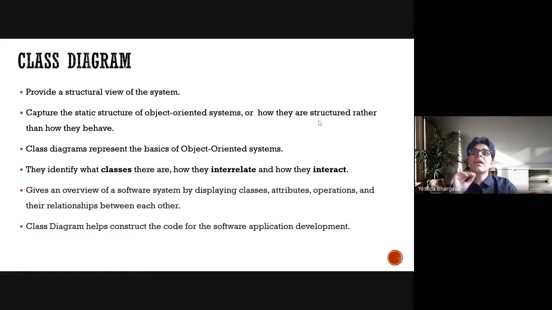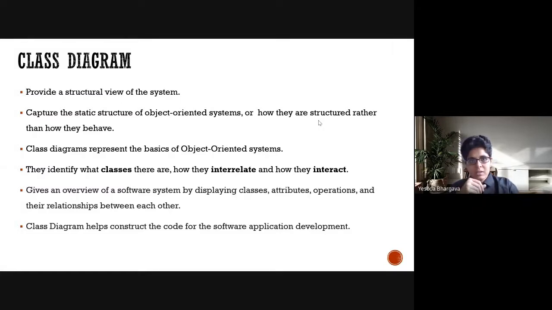You see, with every step in software designing and diagrams, what you are essentially arriving at is a better and deeper understanding of the system that you are trying to develop. Things become much more complex as we go, but you don't have to fear complexity if you have understood the aim of your product and the requirements. Then it's basically a game of how you arrange the knowledge and the intuition into the class diagram. And the class diagram helps construct the code for software application development.